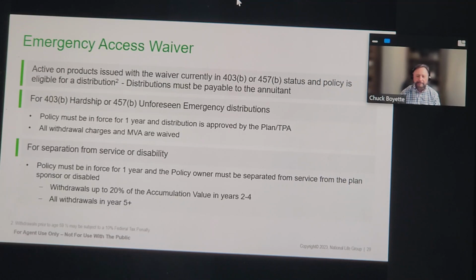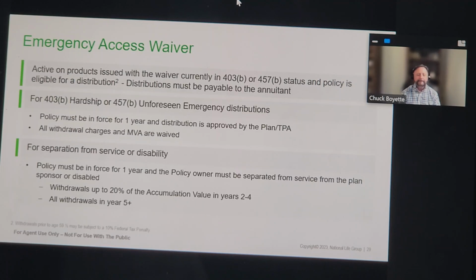Well, the policy has to be enforced for at least a year, and the distribution has to be approved by their plan, by their TPA, which is a third-party administrator. And if it's approved, all withdrawal charges and market value assessments, MVAs, are waived. So there'll be no fees or no charges if they do qualify for emergency access waiver on the 403B or